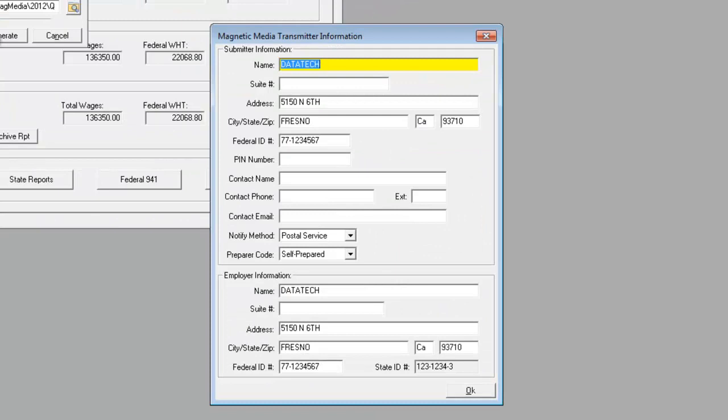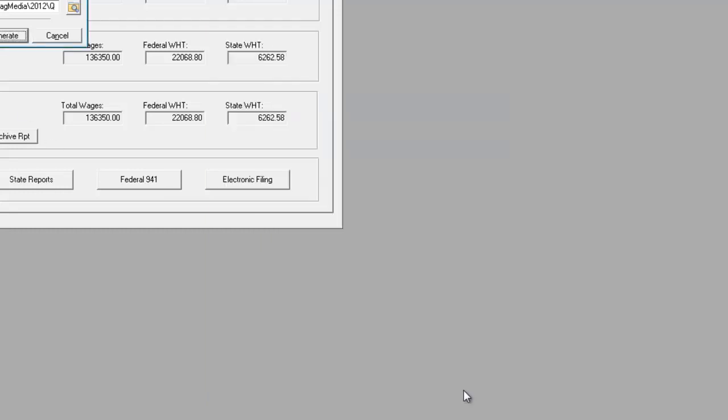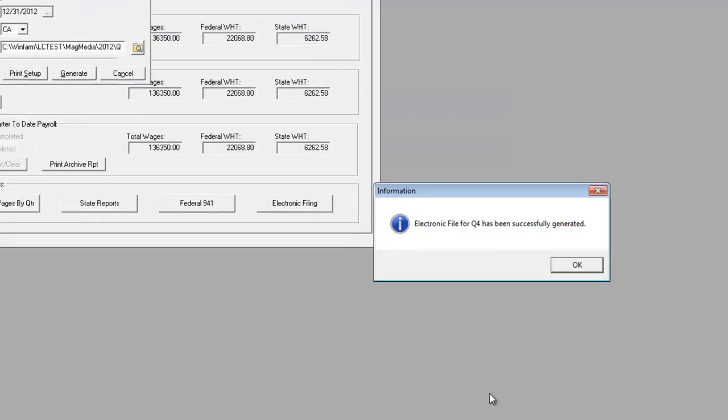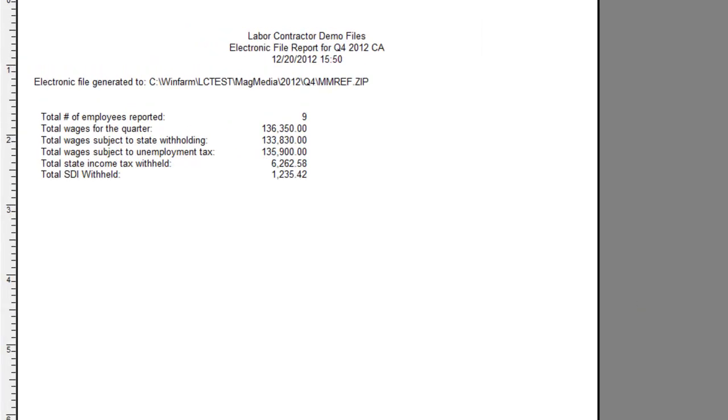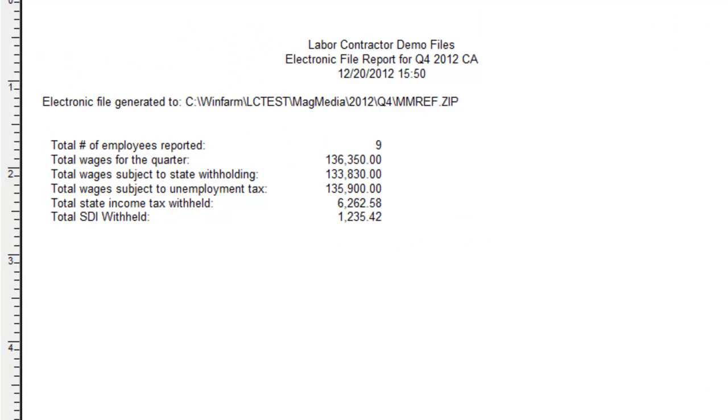Make sure that all of the electronic file transmitter information is correct. Click OK once you have corrected any errors, and the file will be generated. A page will be previewed that contains totals for the report. Be sure to print this page so that you have those totals available during the upload process. You'll see that this form also shows us exactly where the file is located and the file name that needs